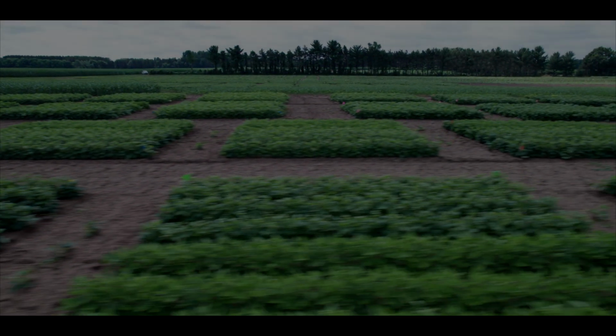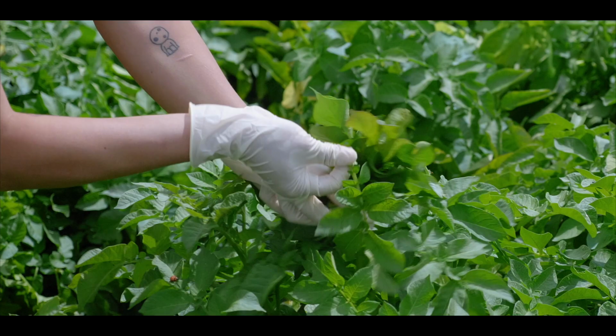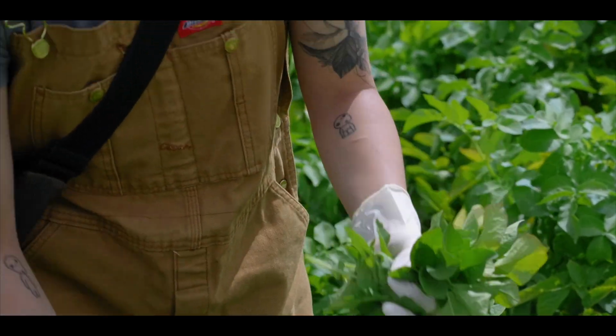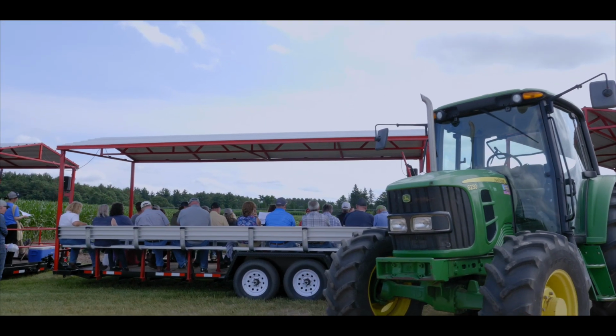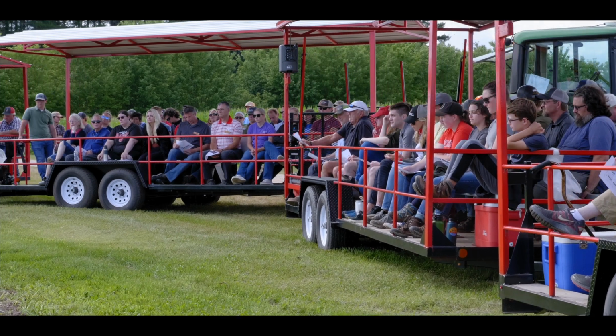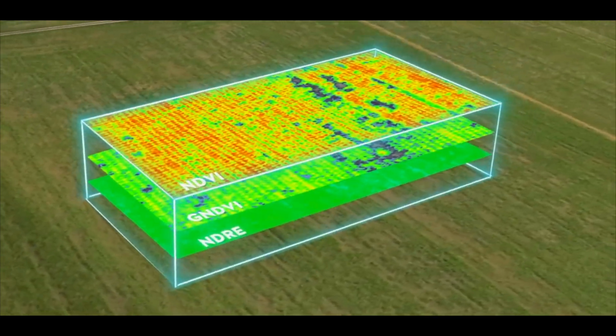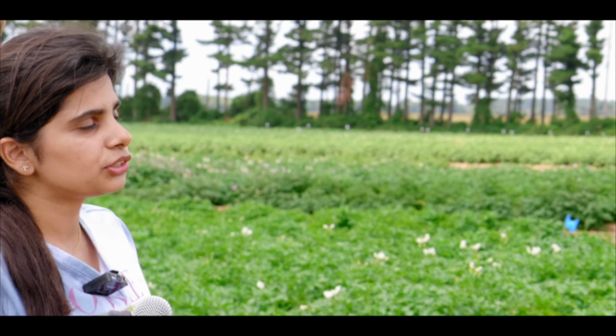The traditional way of measuring nitrogen status during the growing season is destructive, time-consuming, and cost-intensive. Therefore, we are using the advanced technology, also known as hyperspectral remote sensing, to monitor the nitrogen status of the plants. The overall objective of our project is to develop an open-source app that is cost-effective, so that if a